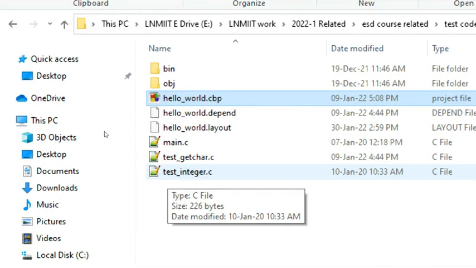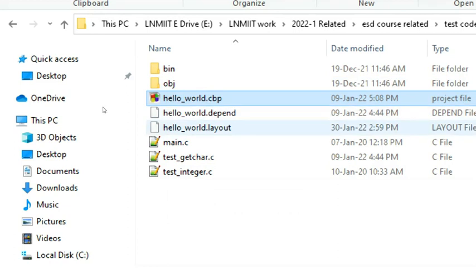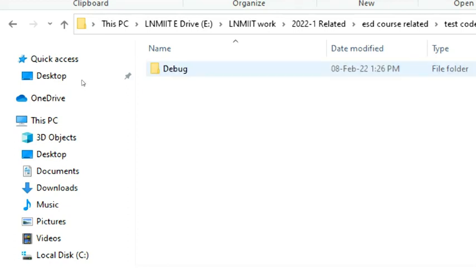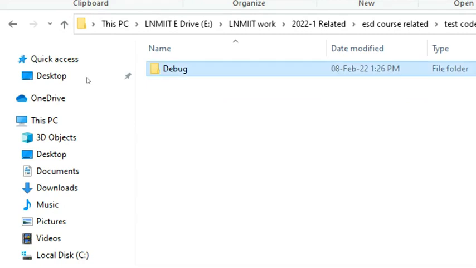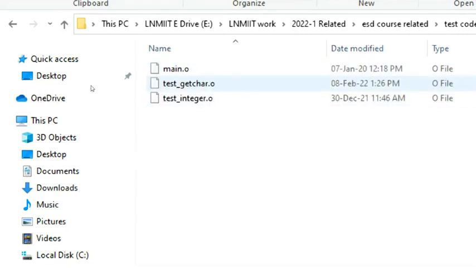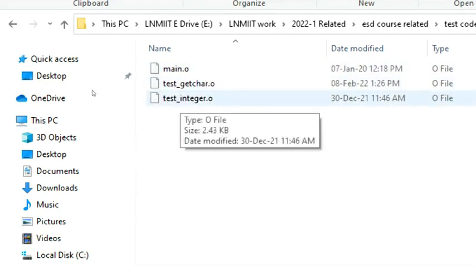test_integer.c is our program. Apart from that, .depend and .layout have been generated by the compiler itself. Then there is a bin folder under which you have debug, and you see the .exe file is there. Let's go back and look at the object files. In the obj folder you have debug and the .o object file.